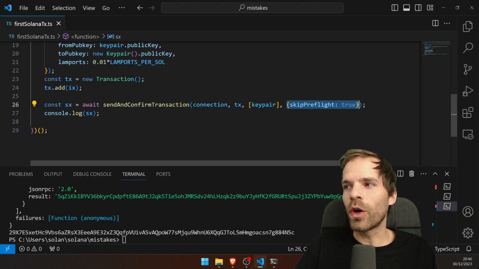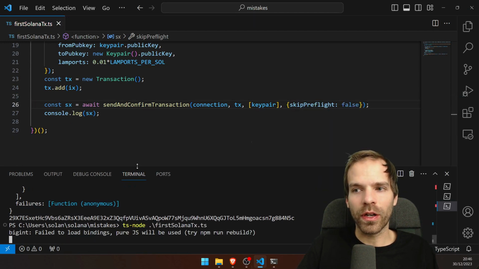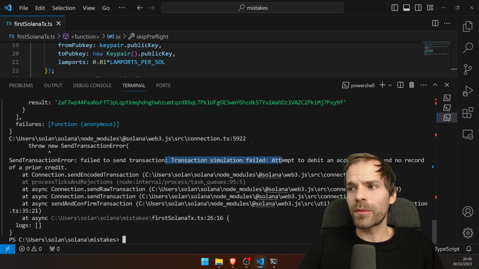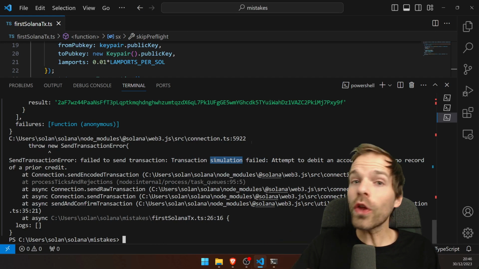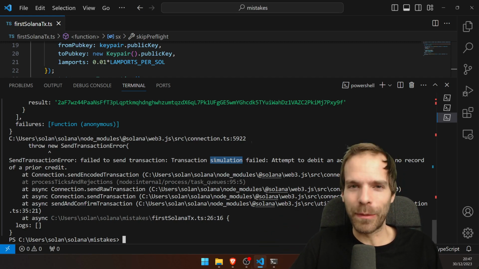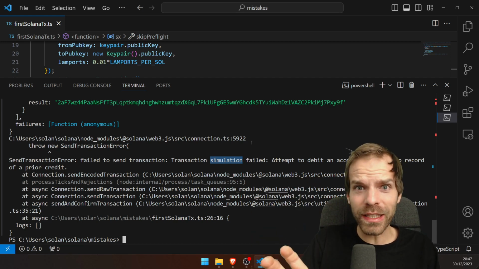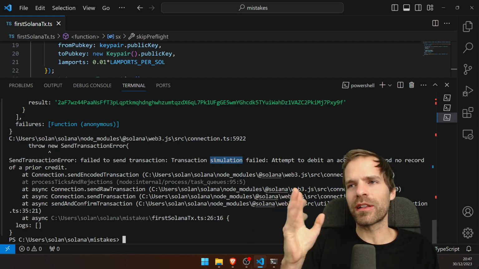But why does it not work if I don't have that? Like if skip pre-flight is false, why does that not work? I get the error and then I get this transaction simulation failed. But that's already the hint. Simulation failed. Not the transaction failed. The simulation failed. Why does the simulation fail? And this is now the last time for you to one more time think about it. Pause the video if you need to, because now I'm gonna give you the solution, or at least the reason